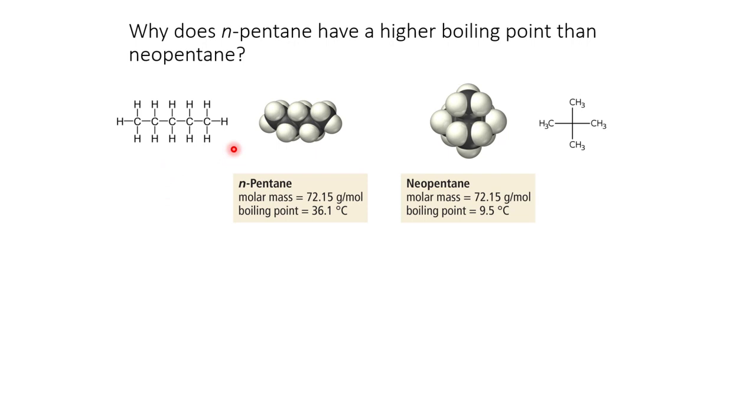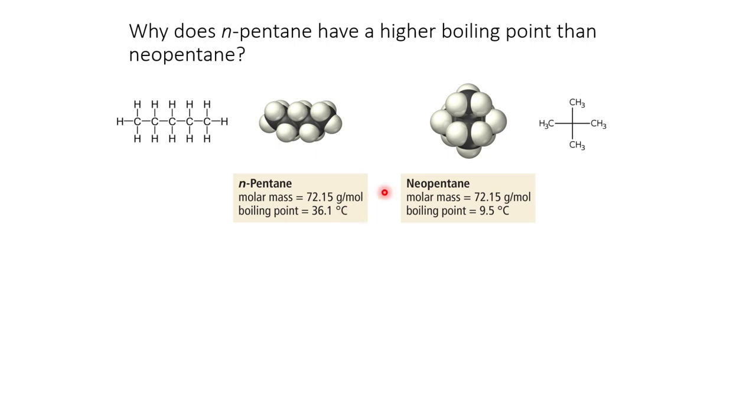Now let's look at a more complex molecule. So here we have n-pentane. The n stands for normal, and it's pentane because there are 5 carbons and there are no double bonds anywhere, so it's an alkane molecule. And we see that it has a molar mass of 72.15 grams per mole and a boiling point